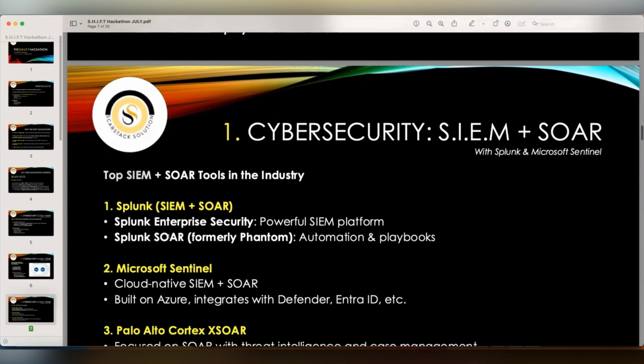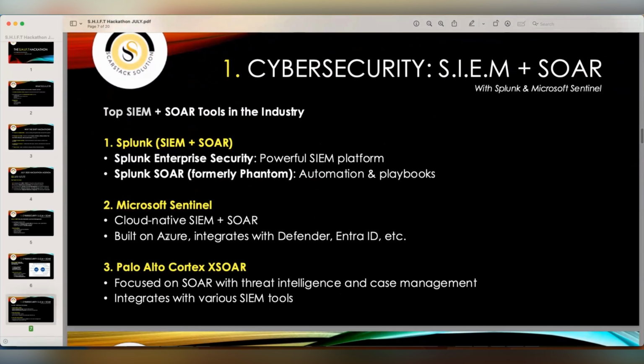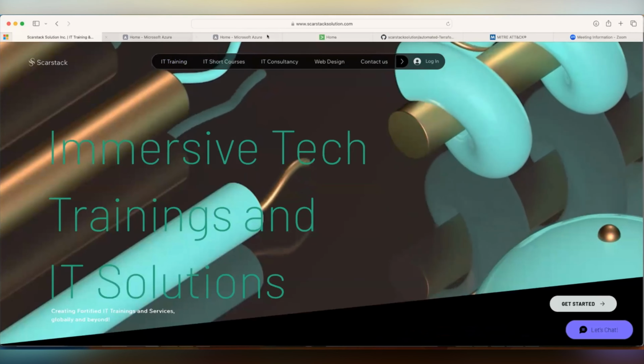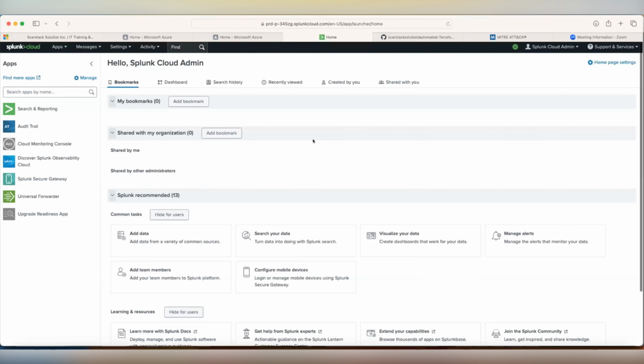So as we go down over here, we look at some of the tools that we use within the cybersecurity or cloud security space for SIEM and SOAR operations. Some of them, number one, Splunk, very, very important. I was showing us that earlier on. Splunk is a very, very powerful tool. In fact, perhaps the most powerful and one of the most, if not the most important cybersecurity tool. If you want to look at that, you can easily go to any IT job portal, start taking a close look at all of the key cybersecurity or SOC analyst jobs, and I bet you are going to always see Splunk showing up there. Very, very critical. You can use Splunk